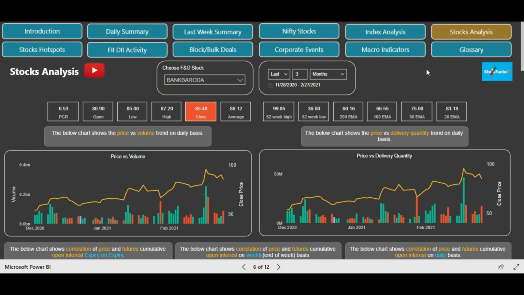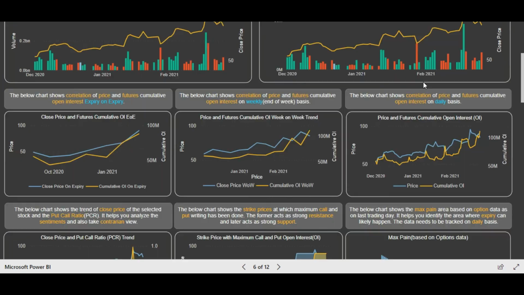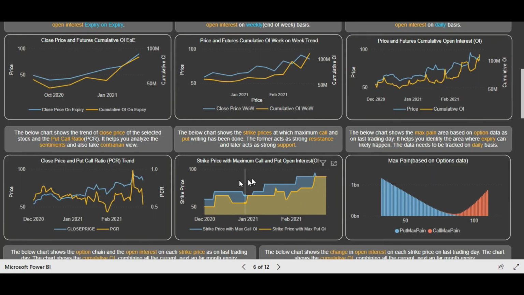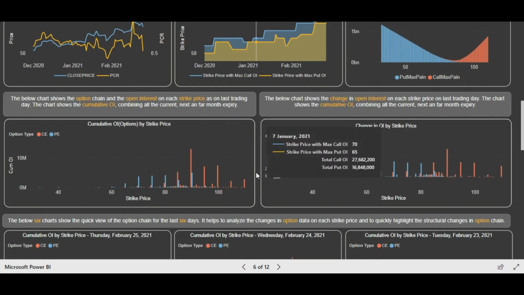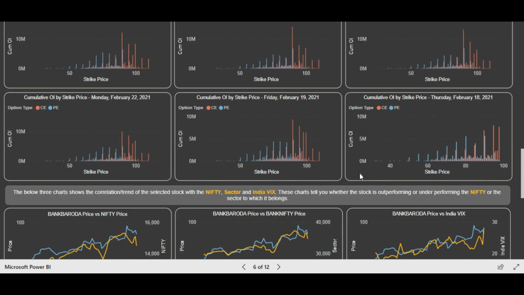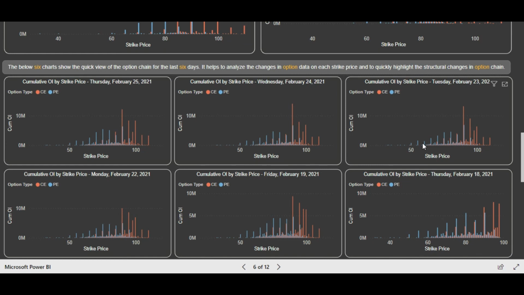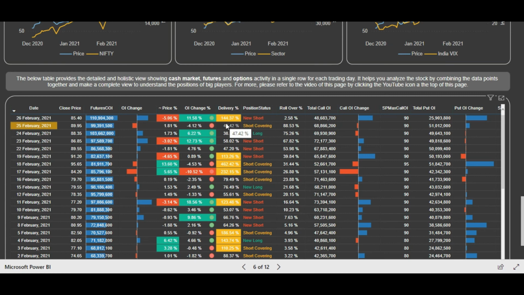So basically, if you remember, you have to analyze the cash market data and the derivatives data in conjunction once you have filtered out the stocks. So you have to look at the futures data, what the trend is in futures, then the PCR. You have to look at the open interest band, that is the maximum put writing and maximum call writing, and then look at the option chain in detail, and the series of 6 charts which we have shown, in which you see the whole trend of how the data is changing in the option chain. And then at last, you also have to combine it with the cash market data, that is the delivery percentage, and make your view a whole 360-degree picture, and then you will take your trades accordingly.